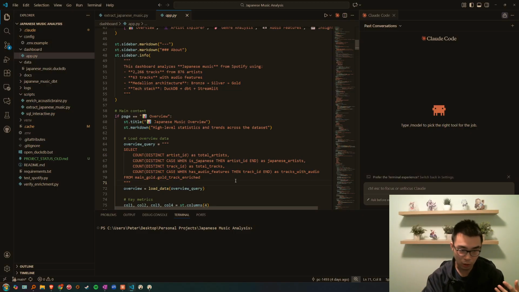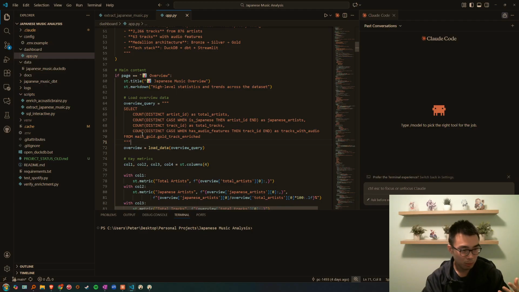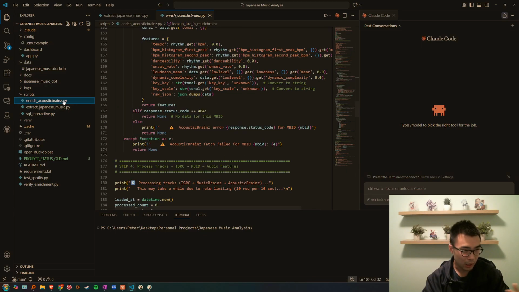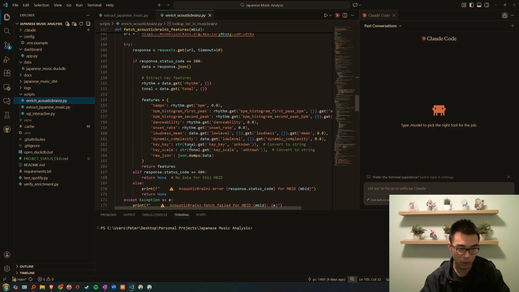Now, is it going to start hallucinating as the code base gets bigger? Probably. You're probably going to have to double check its work, really understand what it's doing, and have that back and forth debugging and architectural design stuff. But I would say in terms of actually understanding what this Python is doing and what the SQL is doing, it's not that relevant. I'm not trying to scale to millions of users here where performance needs to be squeezed out. I just need it to work. And for something like these, just portfolio projects, this is perfect.